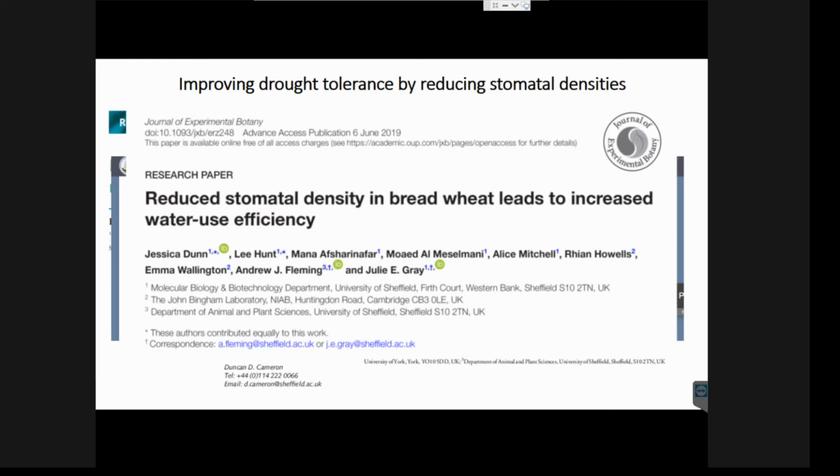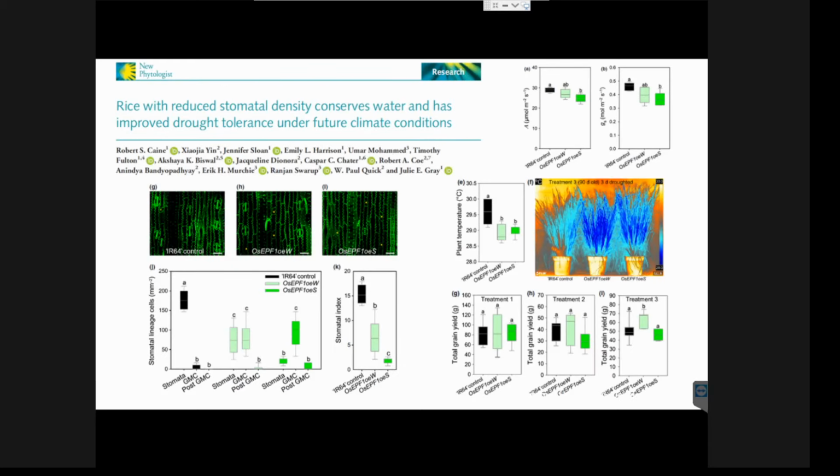So her work has really been focusing on cereal crops, and showing that they can modulate water use efficiency traits by reducing stomatal density without having a negative impact on yield. And that's in bread wheat, it was published this year. And this is some rice work that we did with IRRI. And you can see that even under water deficit stress, the plants that have lower stomatal densities can keep hold of that water reserve in the substrate for longer. So actually they can stay cooler for longer because they're using less water.